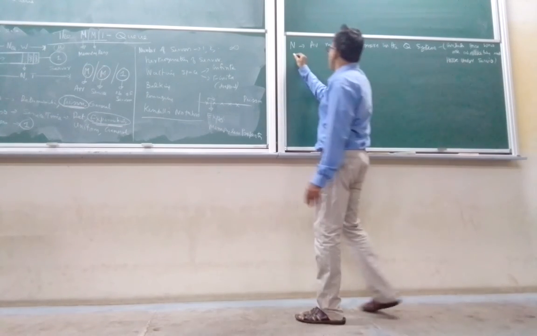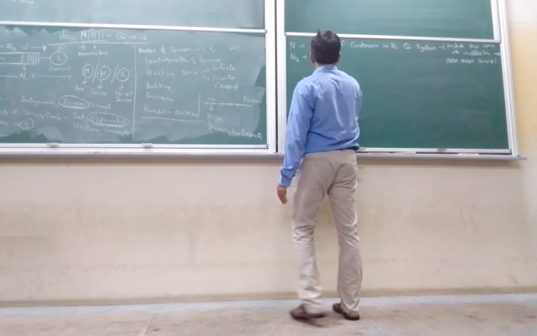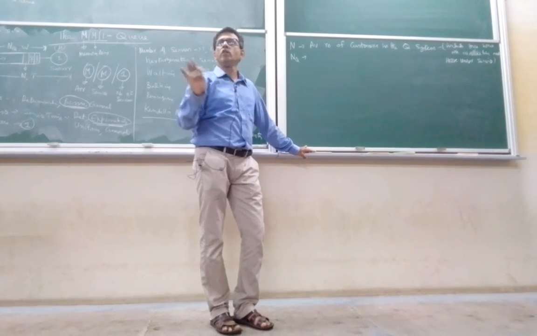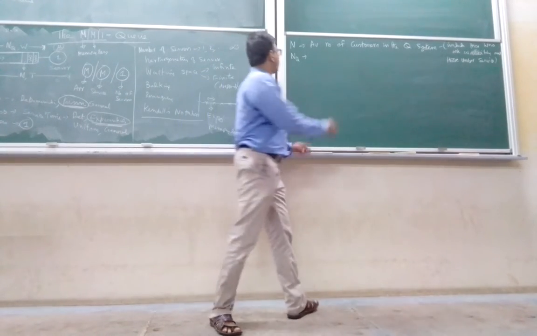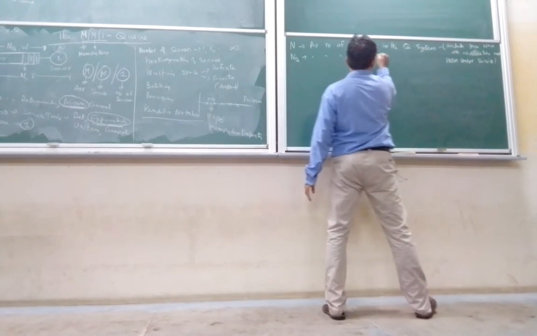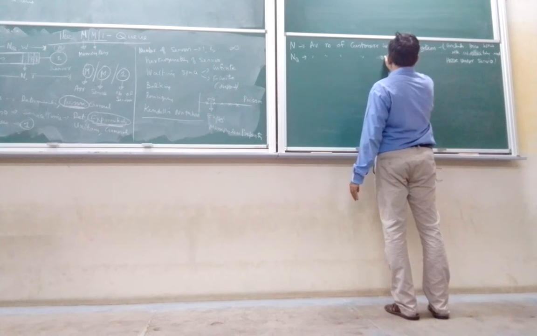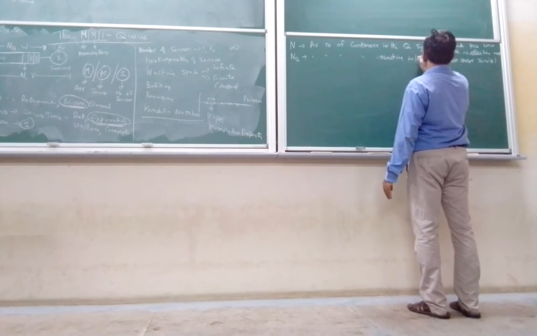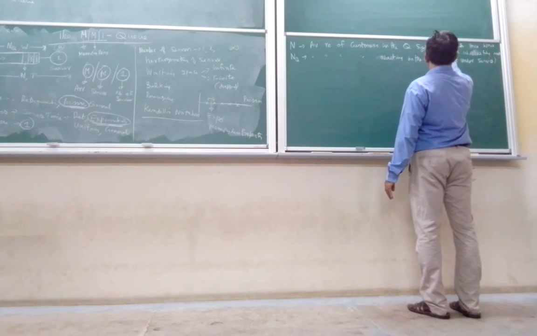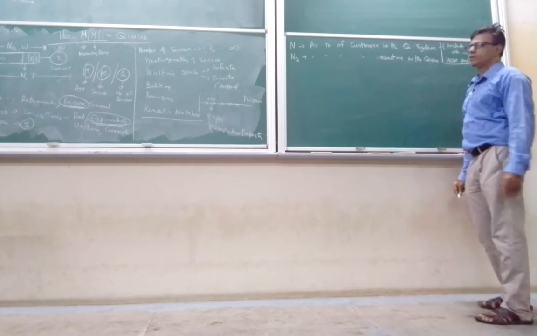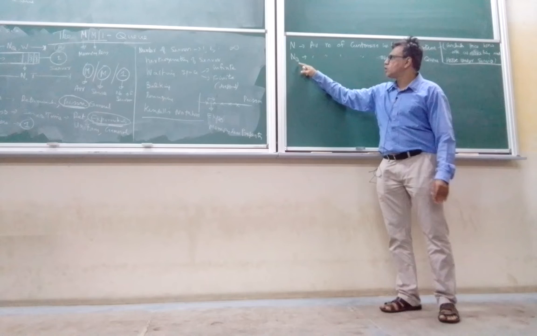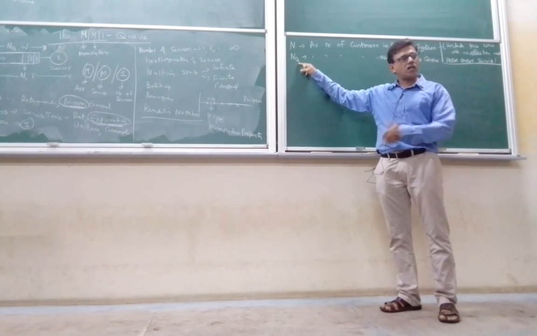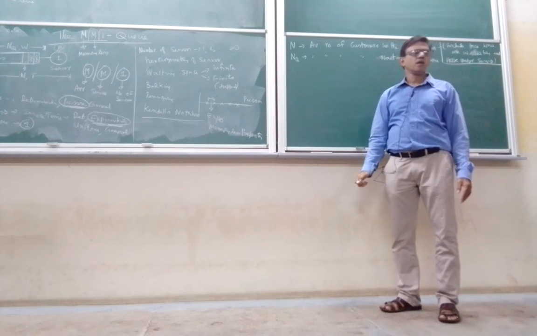Then you may only be interested in knowing on the average how many customers are waiting, not including those getting service. So that we will call NQ, because Q first, those who are in the queue, not with the service station. Then T,